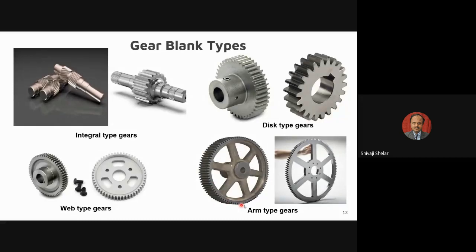So you will have rim type arrangement here. So rim will be connected to the hub here. So the hub and rim connection is with the help of arms. Here we don't have hub. We have plain ring here and another plain ring here, which are connected by arms here. So if your size is not very big, around 500 mm, this geometry also is okay. So we are selecting arm type with 6 arms as the gear shape.